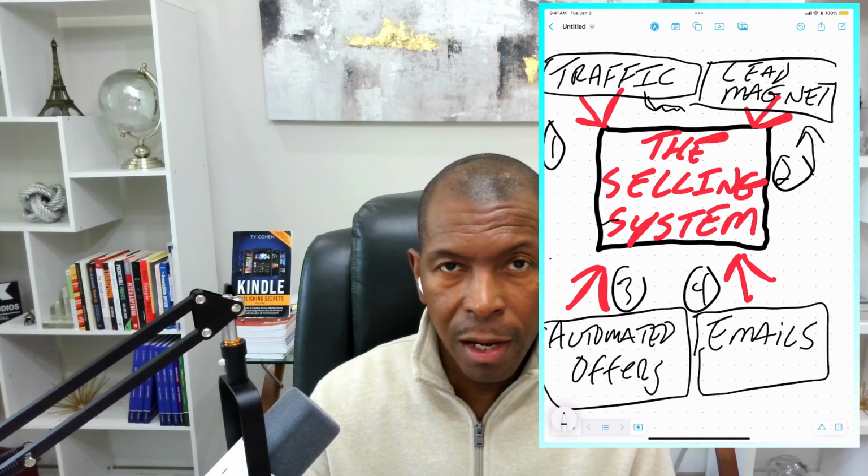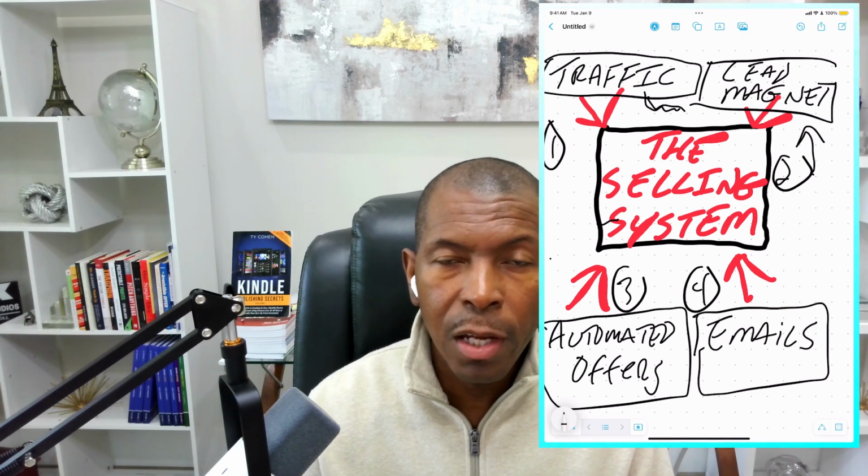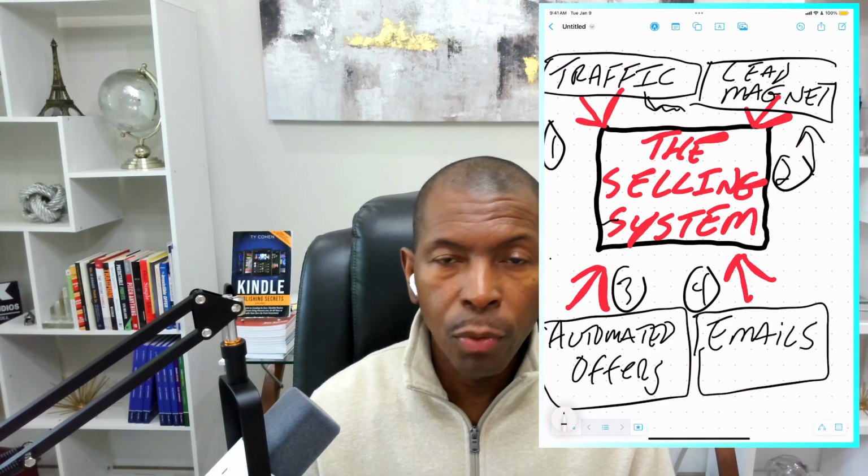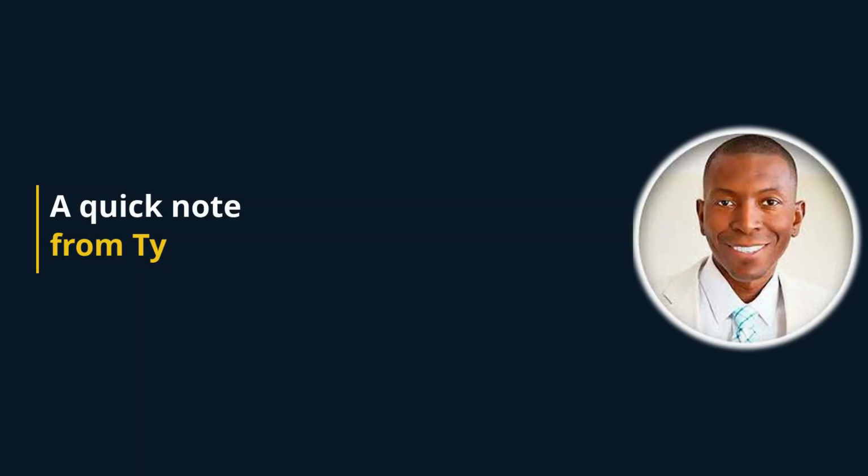So evergreen means that that path works at any time. Like I said, I've got some emails that have still been going out 7 years now. I set them up 7 years ago and boom, they're still going out as long as we drive traffic to it, right? So this works not only during a launch, it works not just when you're promoting something.